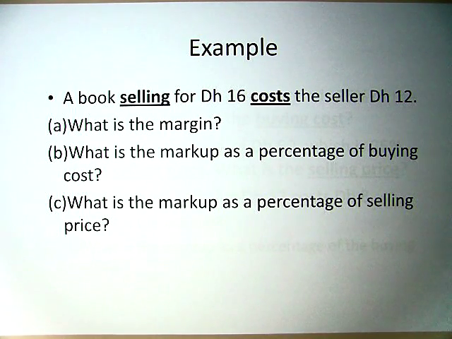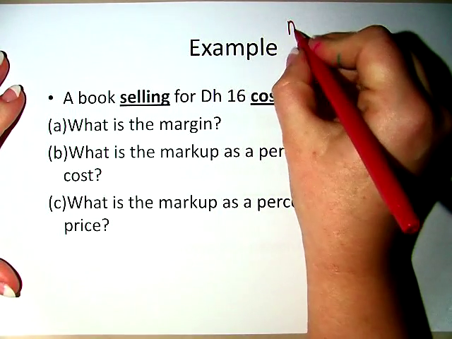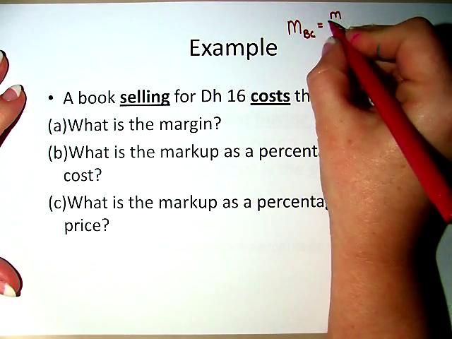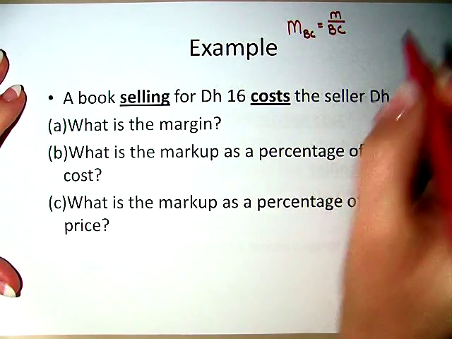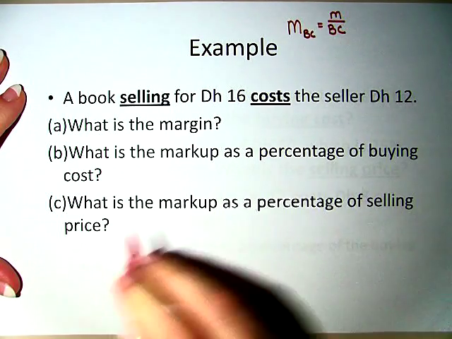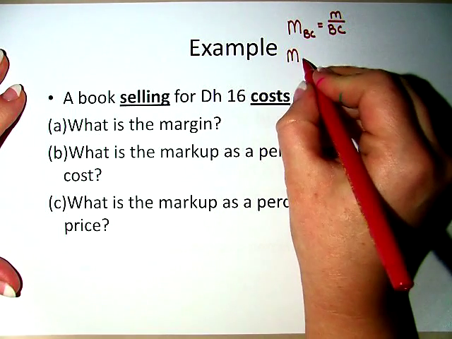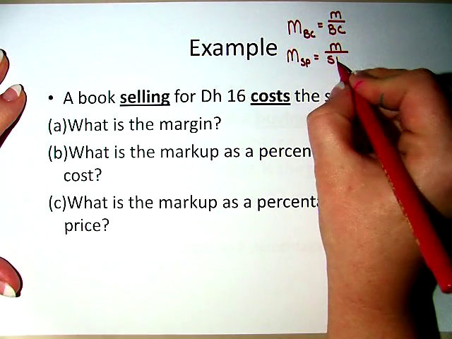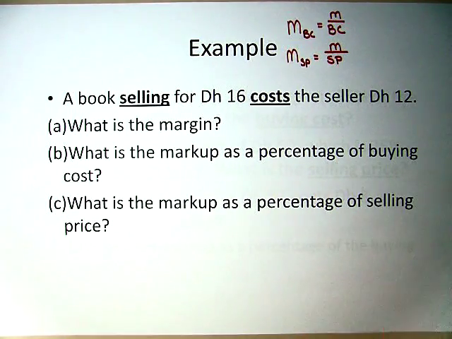All right, so now we're going to be looking at a percentage of buying cost, looking at markup. So, markup as a percentage of buying cost is the markup or margin divided by the buying cost. And markup as a percentage of selling price is just the markup or margin as a percentage of the selling price. So we're going to be getting them as decimals or fractions, and we will need to convert them into percentages